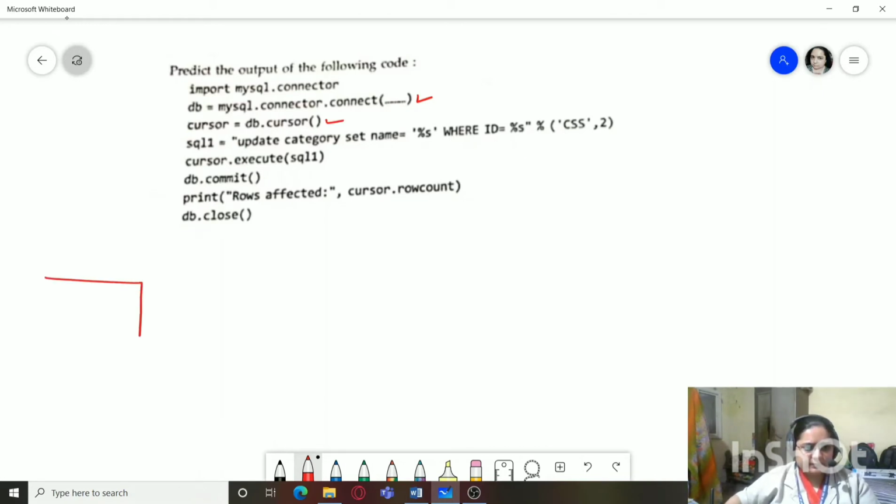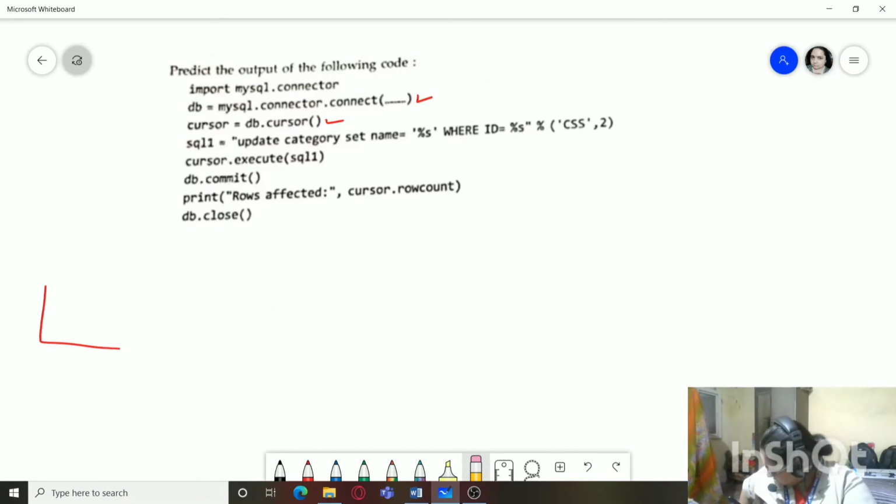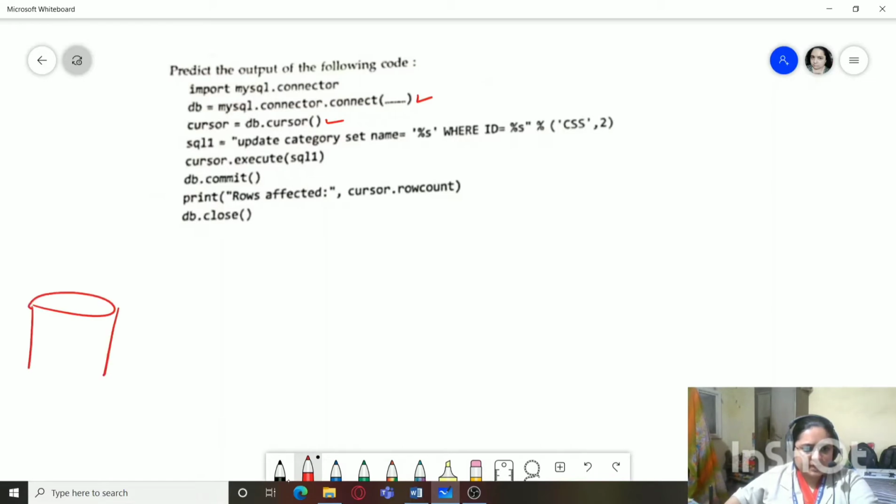So we already have our database on a disk file.